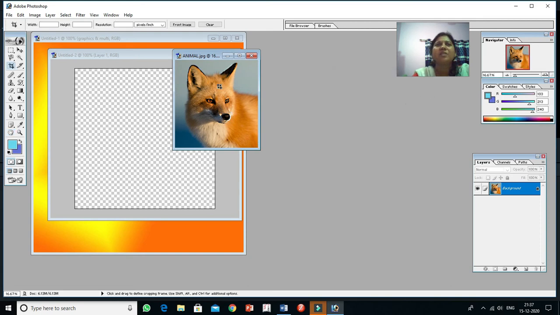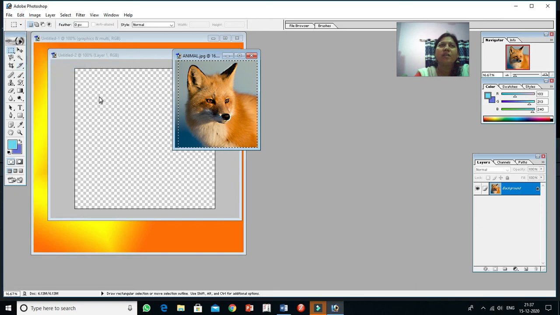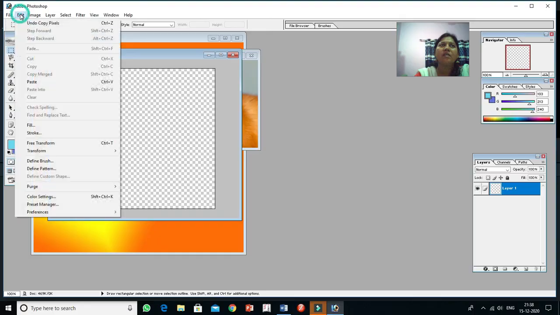It becomes changed. So you can select it and apply it to your new image also. Okay, again that same procedure. Go for the Rectangular Marquee tool, select it, then Ctrl+C or copy, and click here, Edit, then Paste.